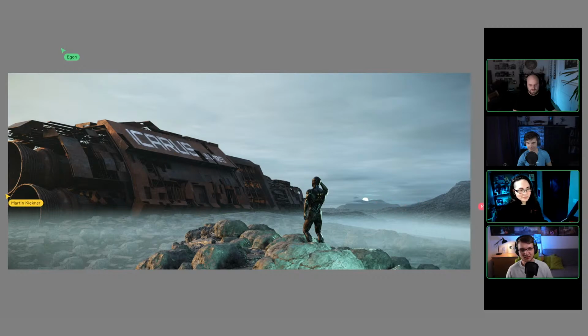Egon, anything to add? Well, I think that most of the stuff has been already said. I'm still kind of fighting with the scale of the scene, because the ship, at least to me, should be quite huge, and we have those huge boulders everywhere. I'm not sure about the size of it, but it's maybe only the perception of the perspective and the size. And I'm also, like Martin said, fighting quite a bit with this green light,